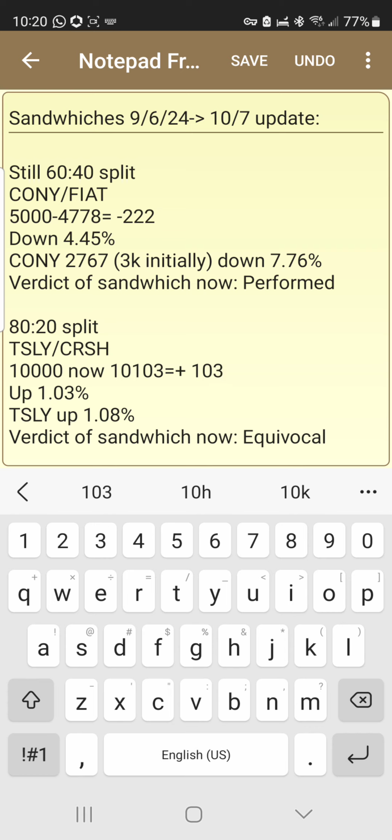If you watched my previous video, what I did was I actually got in the extra 5,000 that I put into TSLY. I put 2,500 on declaration date, so I captured some of the dividends, and I put the other 2,500 on ex-dividend date. So this includes not the full amount of the dividends I would have gotten from TSLY, because I wanted to get in at a lower cost basis.